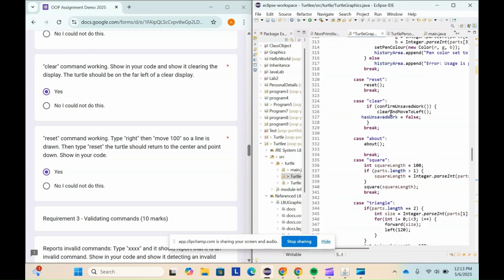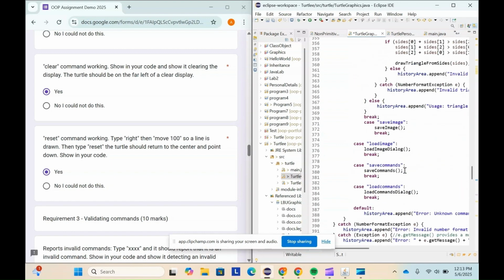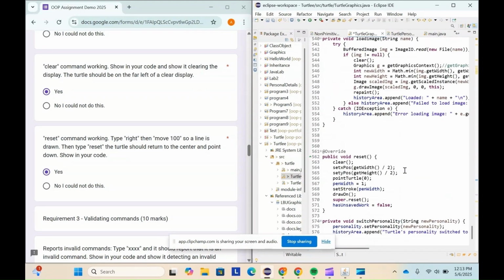Here is the case for reset, and this reset method calls the method clear first, then moves the turtle's X position to the center of the canvas by dividing the canvas width by 2. Similarly, it moves the turtle's Y position to the vertical center by dividing the height by 2, and then it sets the turtle's facing position to 0 degrees and resets the pen width to 1 pixel,